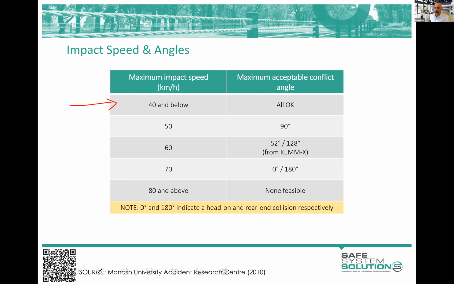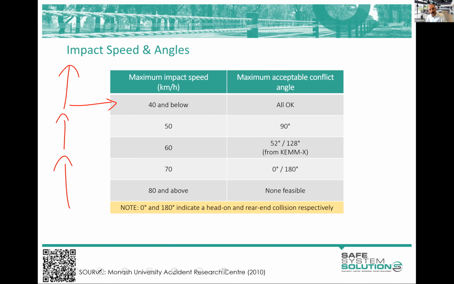Really, most crashes, in fact, all crashes generally at around that 40 kilometer per hour passenger vehicle to passenger vehicle are within our tolerable ranges. And it maxes out around that 50 for the 90 degree crash angle, 60 for that other angle, and then somewhere around the 70 for the head-on and rear end style crashes. There's a lot of debate around rear end and where we should be placing that. It's got interesting vector physics around it. But nonetheless, we're saying somewhere around that 70 range.